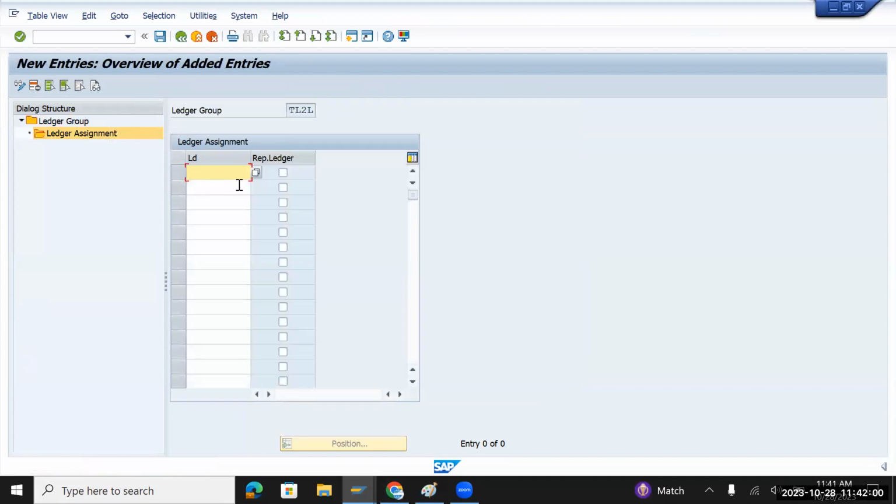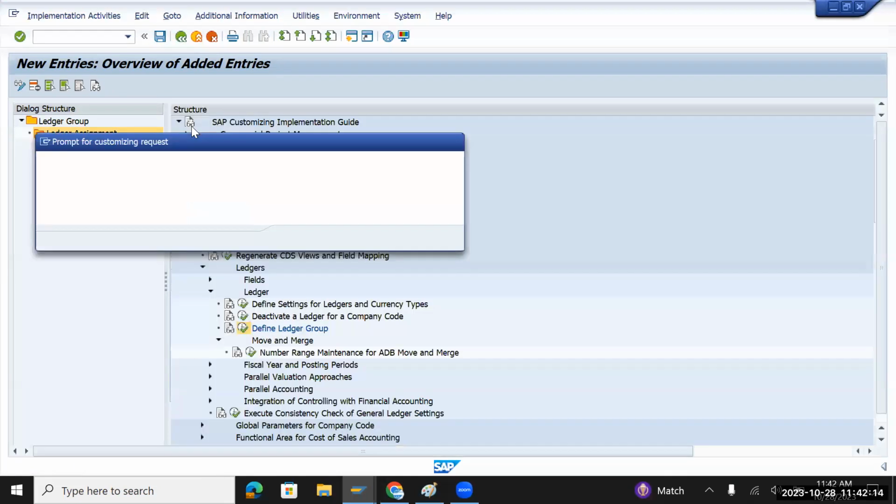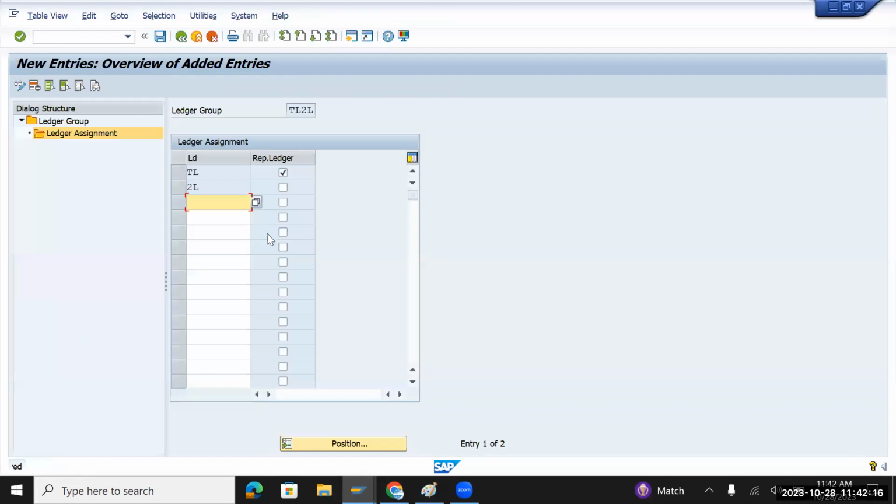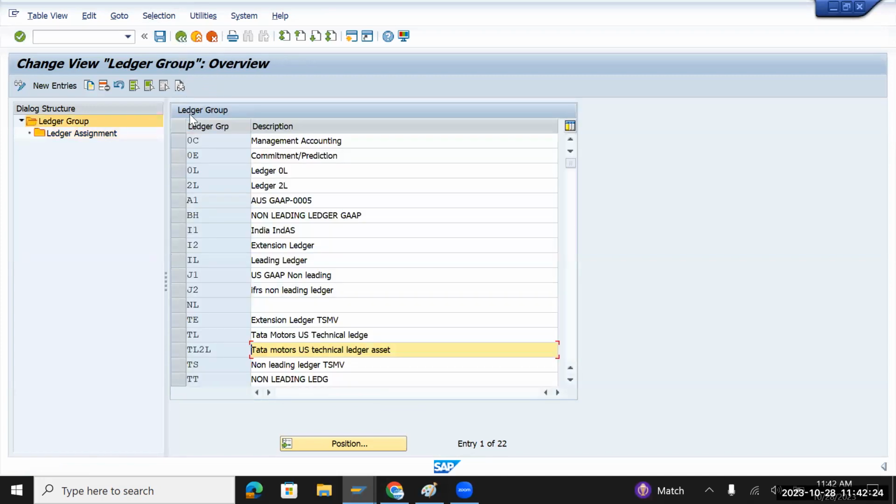Click on new entries and give TLS your representative ledger and 2LS your non-leading ledger. So this is needed and click on save. Okay, so we have given the non-leading ledger. This non-leading ledger, or technical ledger, what we have given, we need to assign